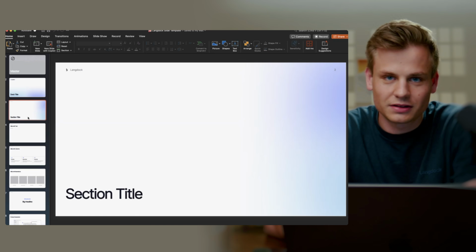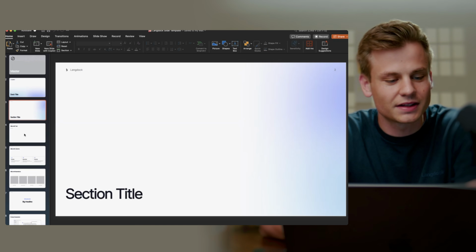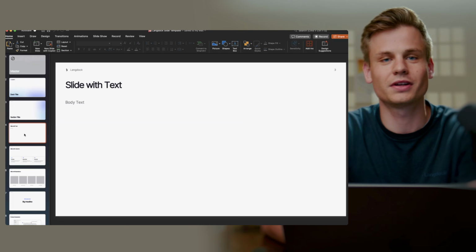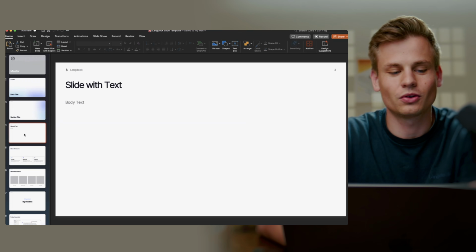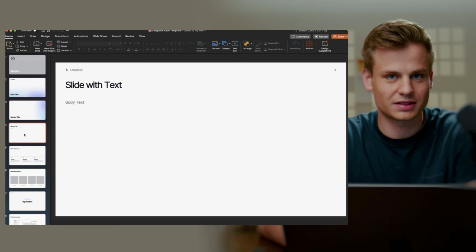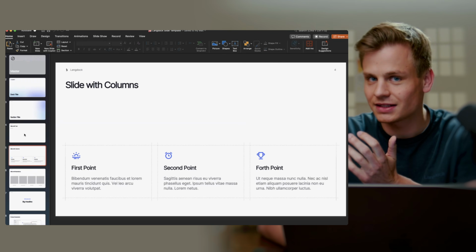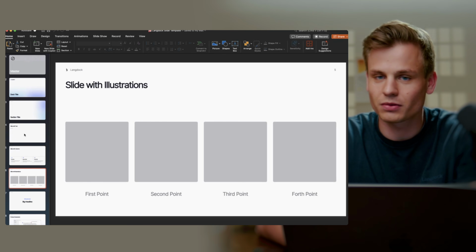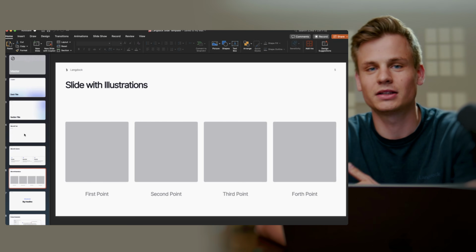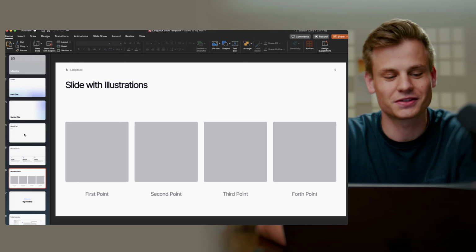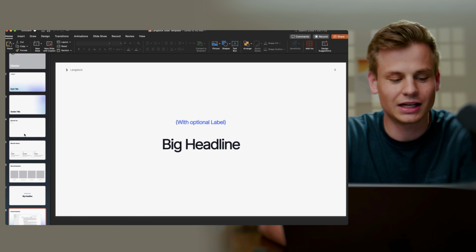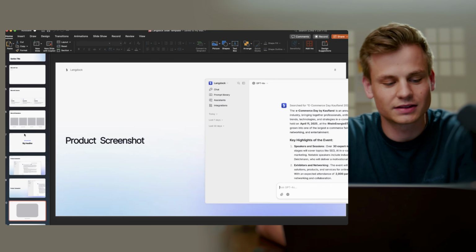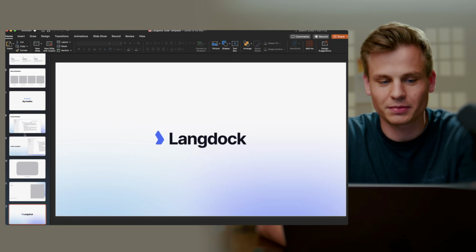We have different sections with section headings. And that's the cool thing, right? Templates for different slide types in general. So we can, for example, have just a simple slide with text, but then also slides that contain columns, or slides that even have different illustrations with placeholders that we can use to make our presentations more visually appealing. A big headline, some product screenshots that you could also do, and some more of these things,